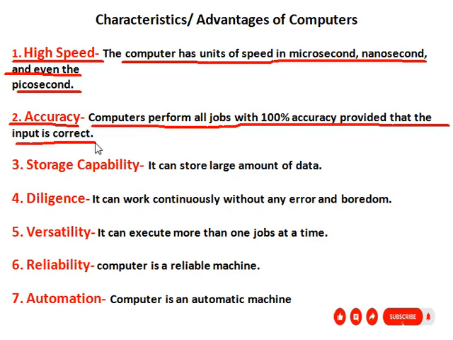If our input is 100% accurate, then computer executes 100% accurate results. Next, storage capability. It can store a large amount of data. We can extend memory at any time. Next, number 4, diligence. It can work